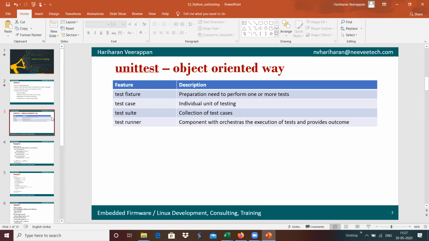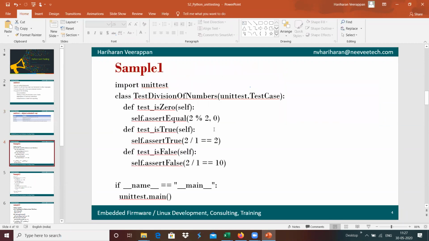Yeah, we will see a simple sample now. Any doubts, Kalyan?